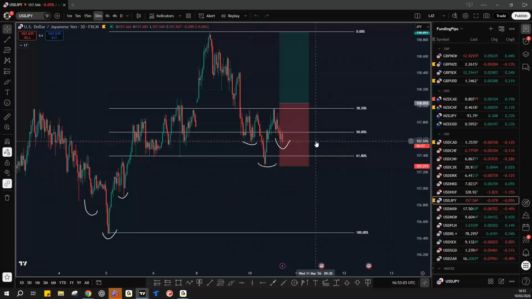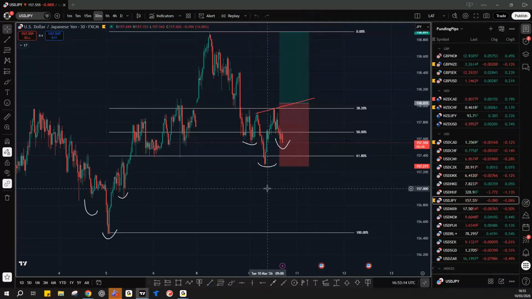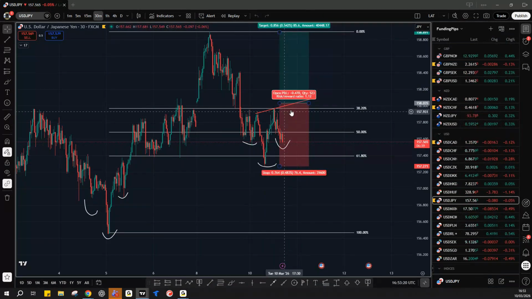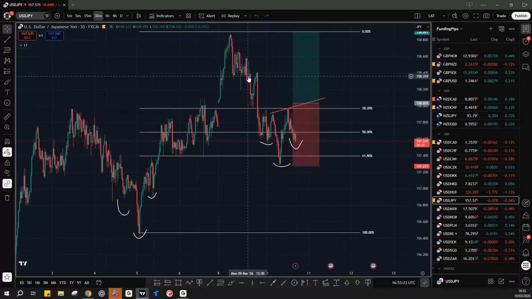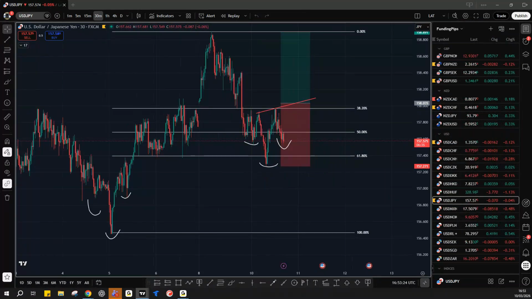If it doesn't, then this is obviously why we want to wait for that trigger, that confirmation on the entry. In this case, it would be the break of the neckline for the inverse head and shoulders. If that does not happen, we won't be taking that trade, and that'll be that. So it's always important to make sure we've got a good breakout entry point for those trades. A nice counter trend line there as well.